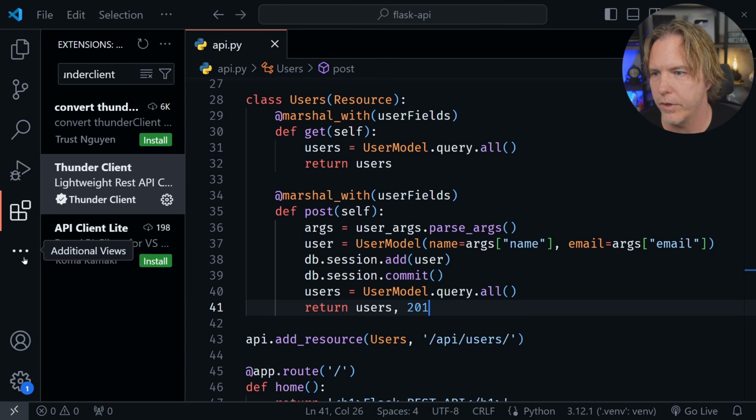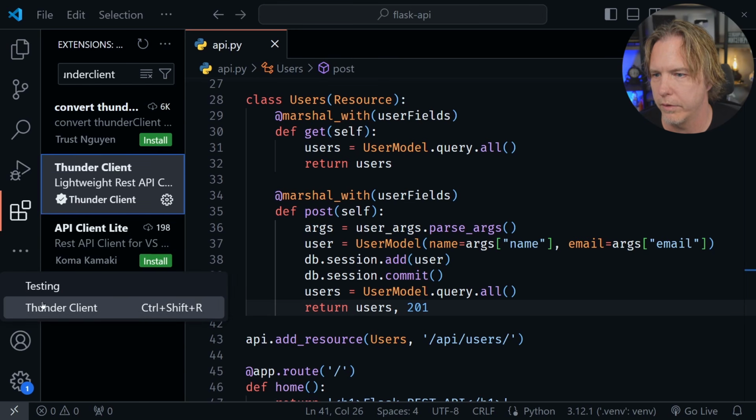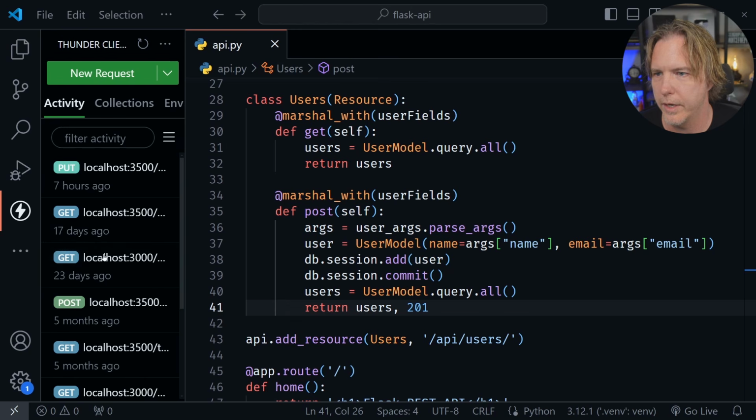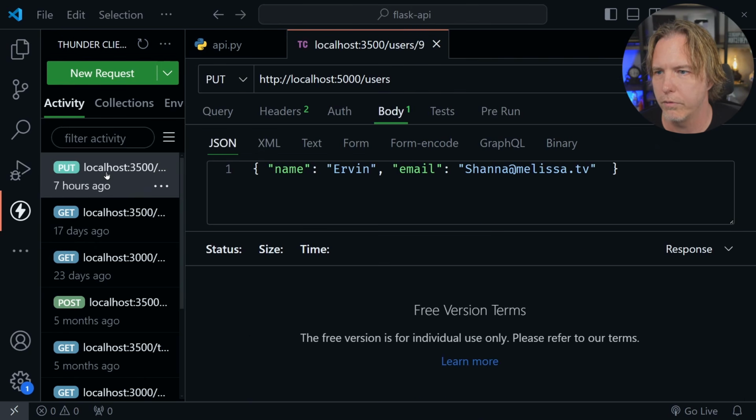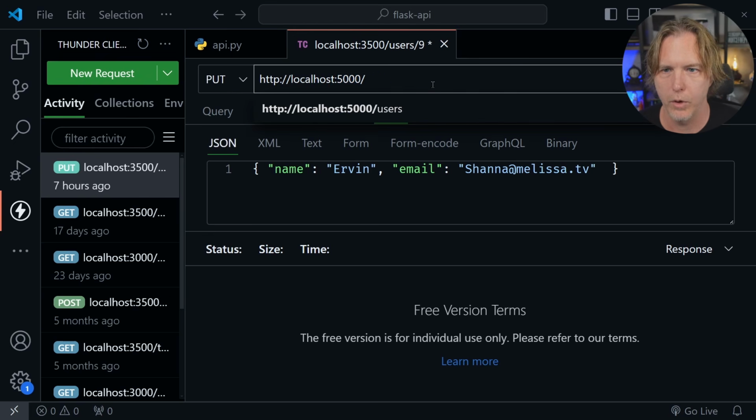Now that I have Thunder Client, let me find it over here. There's Thunder Client, so I clicked my dots. Now I could set a new request. Is that localhost? Yep, that's what I want. Our terminal says we're running at 127.0.0.1, which is the same as localhost, port 5000, but I don't have the right address here. We put it at